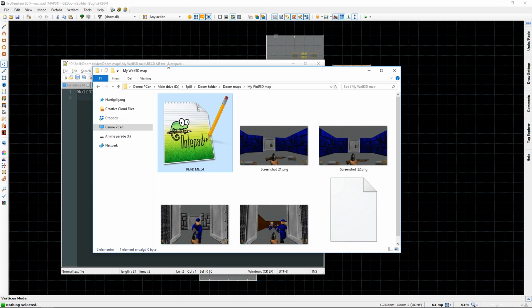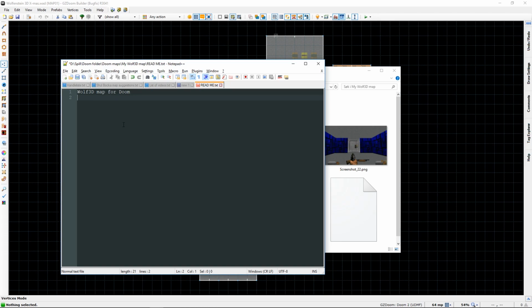So say I have this cool map for Doom 2. I made it myself and it is very good. You should not go exactly like that, but